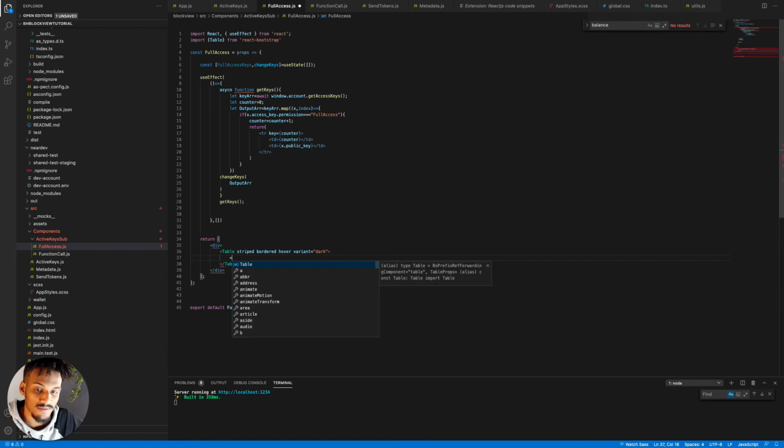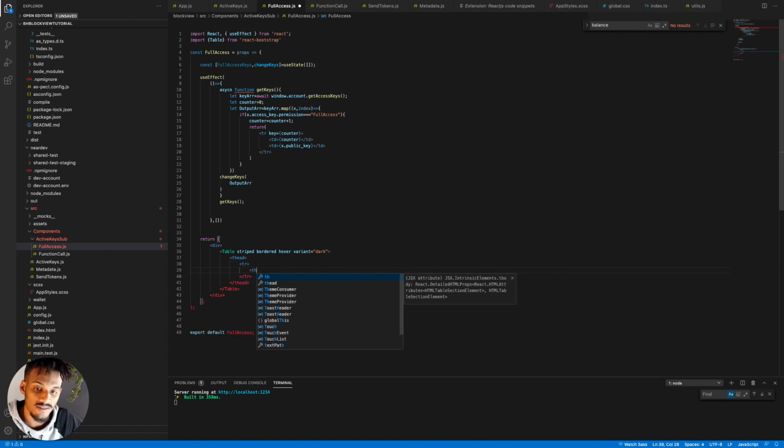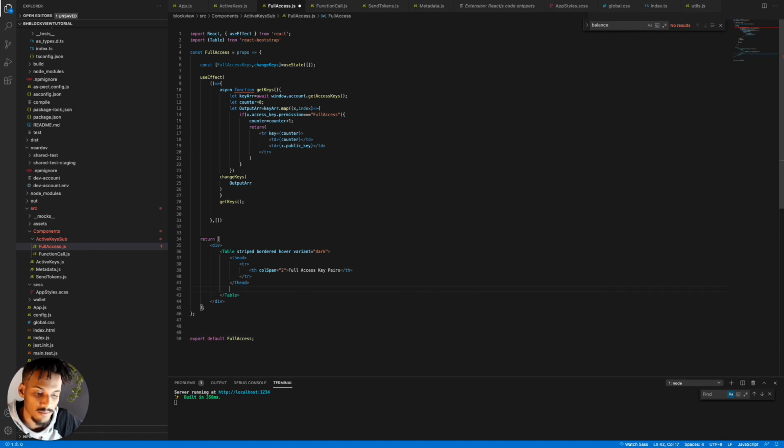Inside this table, we're going to have the t head. Then the first row will have another th with the column span of 2 to stretch over multiple columns. And that will display our title, which is full access key pairs. And below that th, or t head, we're going to define our t body, so the body of our table,